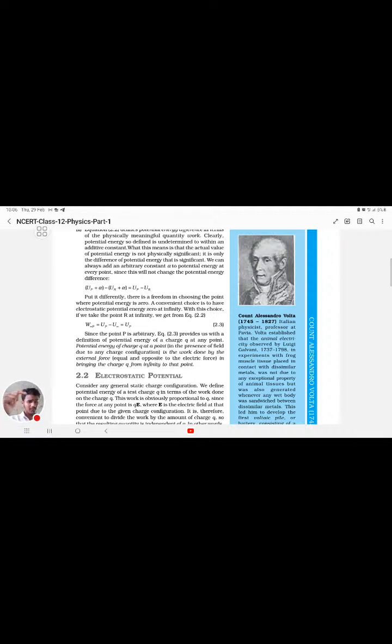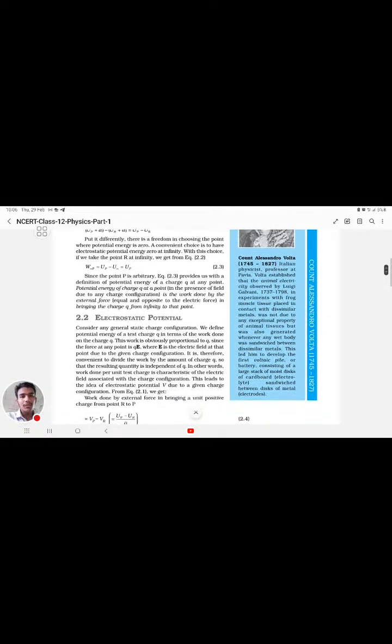So before this, we defined the potential energy difference as the work done by an external force in moving a charge q from one position to another, and if I have to define the potential energy at one particular point, then I am considering the other point to be equal to zero. I mean the potential energy at the other point will be equal to zero, such that I am defining it as the work done by an external force in bringing that particular charge from infinity to P. Thereby I am getting the potential energy at P. Yes. So that's how we are defining potential energies.